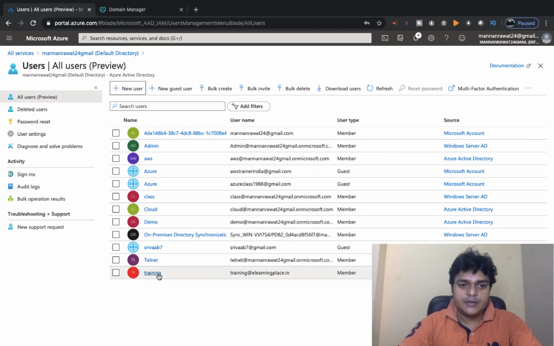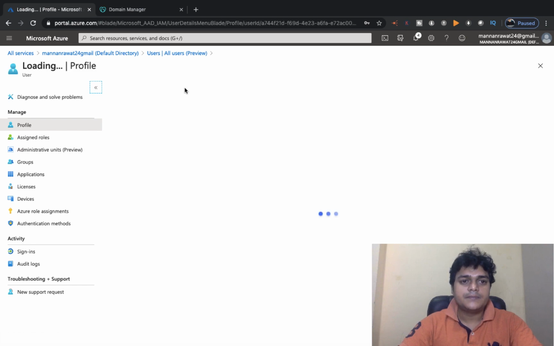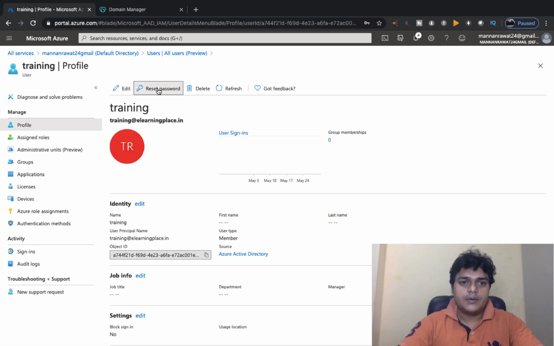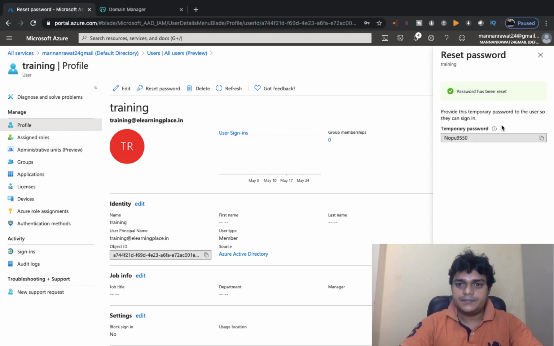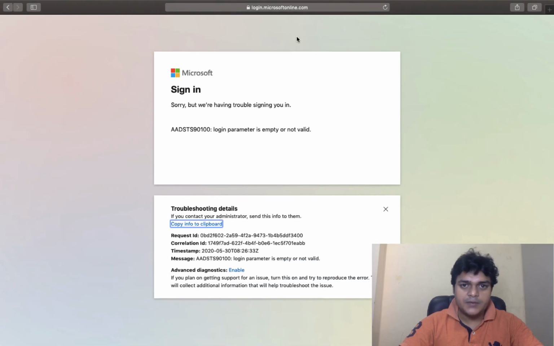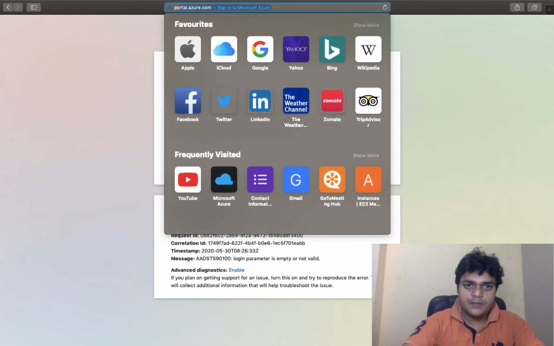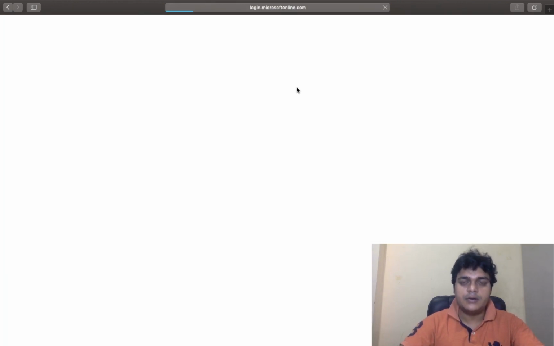Some issue with password. Need to check it. Just give me 1 minute. I need to change the password. Okay, just reset the password. This is our new password. So copy your password and log in again. portal.azure.com.